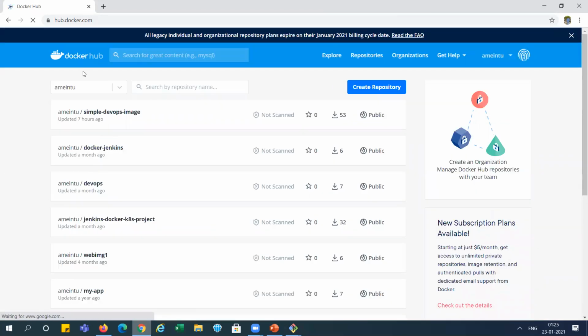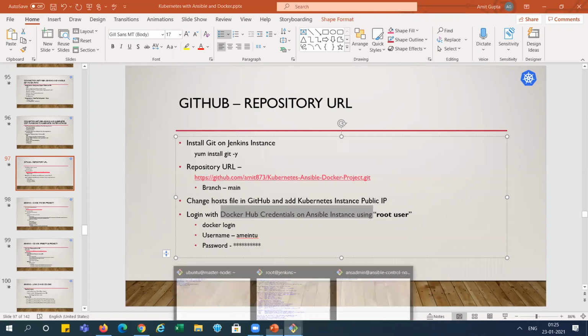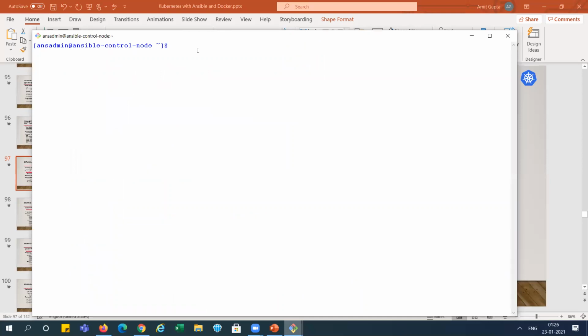This is already there. You can see updated 7 hours ago. This file will be updated here again, right? So let's log in from the Ansible system.